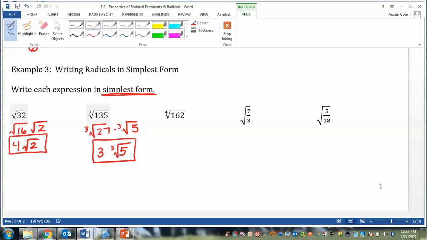Same idea here. I'm looking for the largest fourth power that's a factor of 162. Did I have 162 earlier in the lesson? I think so. Yeah, I did. 81. Is 81 a perfect fourth power? It is. And 81 times 2 is 162. So I'm going to break this up into the fourth root of 81 times the fourth root of 2, because 81 times 2 is 162. And now the fourth root of 81 is 3. So 3 times the fourth root of 2